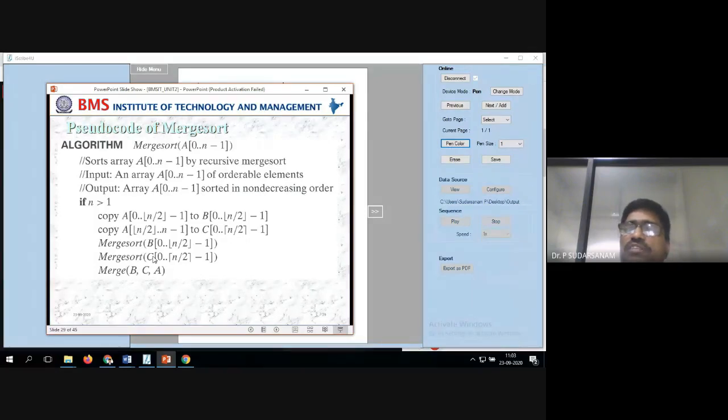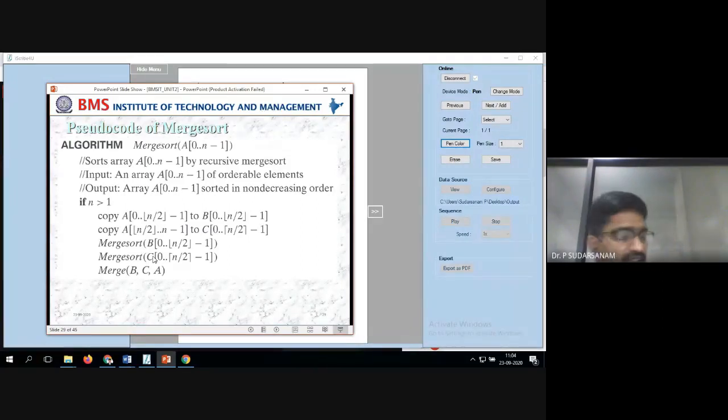When you have the two parts, while i is less than or equal to mid and j is less than or equal to high, you compare A of i with A of j. If A of i is less, one part of the array is copied, else the second part is copied. If you have remaining elements in the first part, i less than or equal to mid, or in the second part, j less than or equal to high, copy those, and use one more loop to copy all the elements from C to the original array A. That is what we have done.